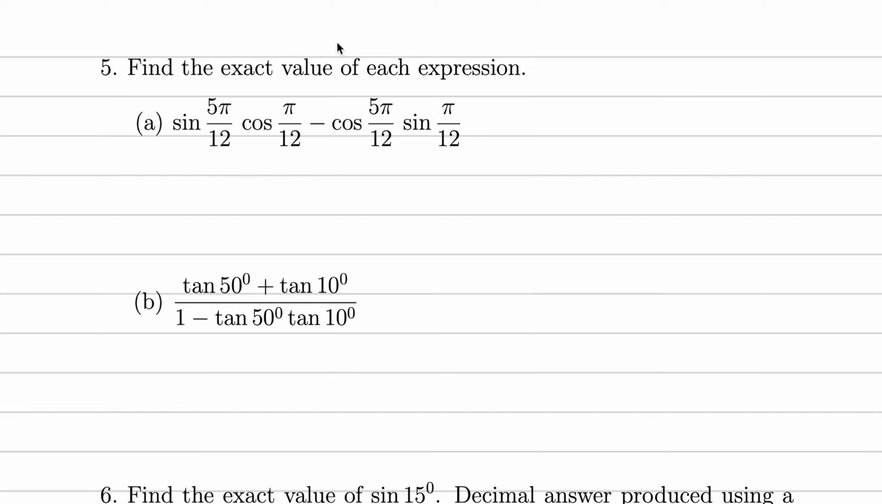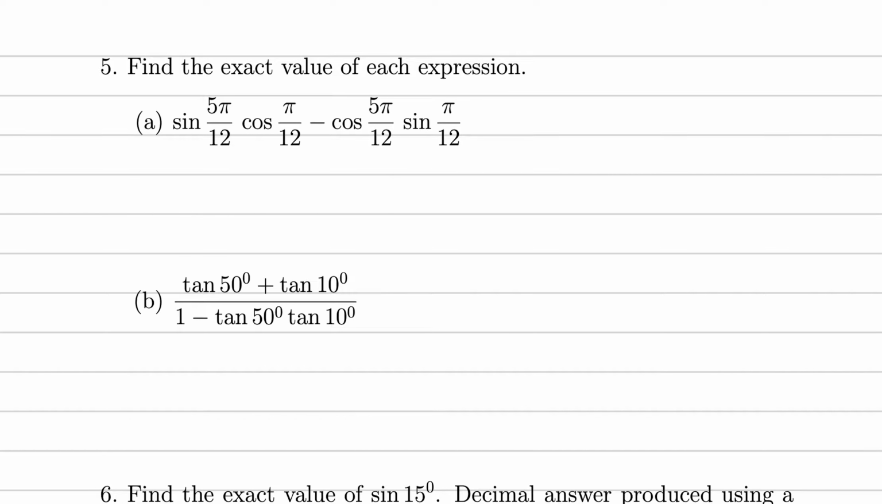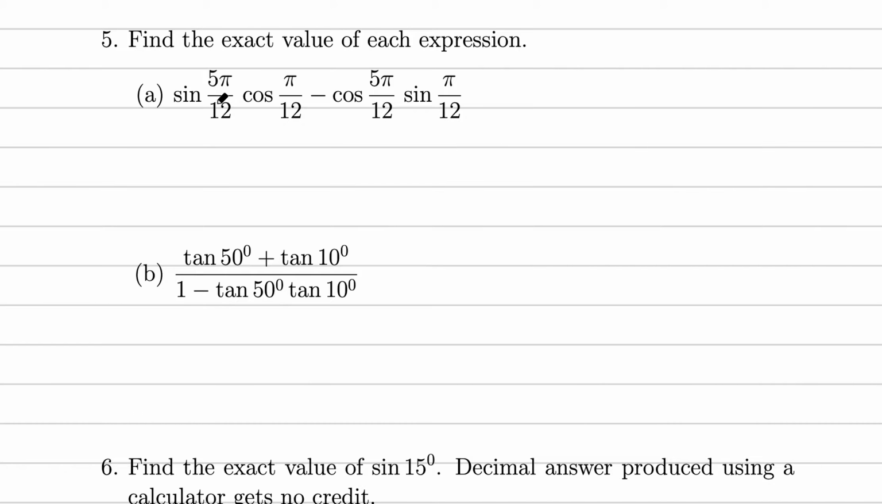Find the exact value of each expression. In part A, we have sine of some angle, cosine of an angle, minus cosine. If you look closely, pi over 12 is not a standard angle. We can't find the sine of that value from the unit circle. But pi over 12, again here, if we think of this one as one angle and pi over 12 as another